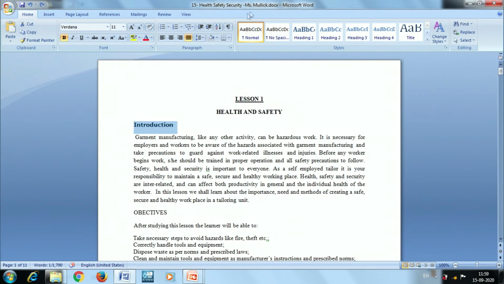Next, we will discuss paragraph formatting. When I say paragraph formatting, this is a particular paragraph. I want to apply some effects here. If I want to do some alignment or some spacing in between the paragraph, or if I want to change the line spacing or something, then I can do it. So till now we discussed character formatting, and we will be discussing more about paragraph formatting and page formatting.